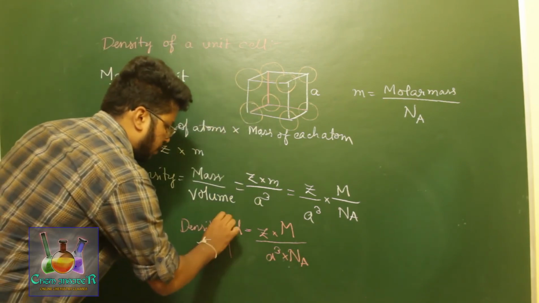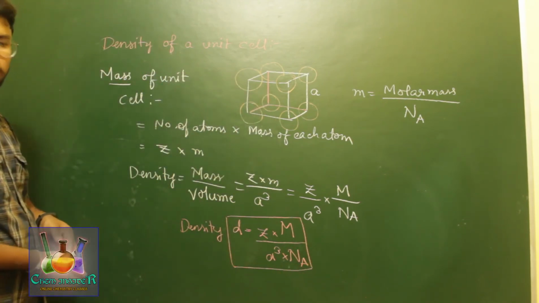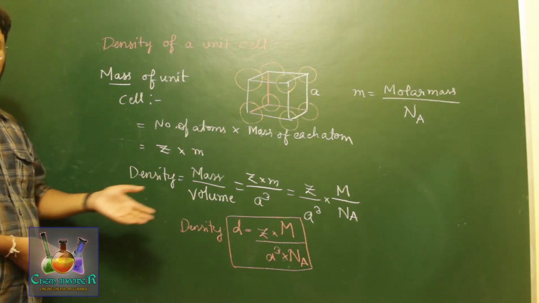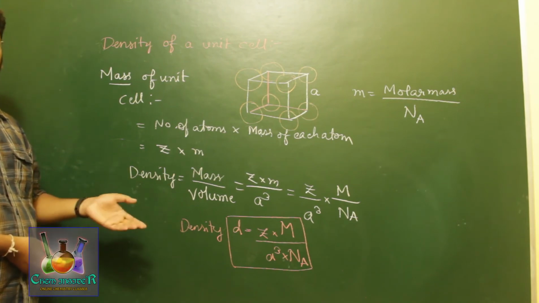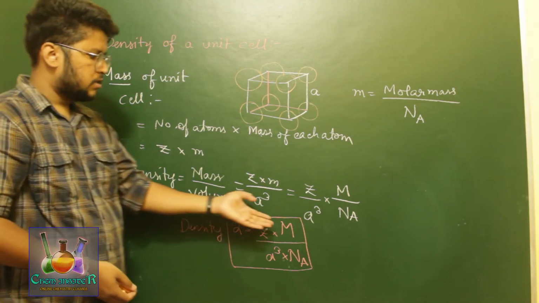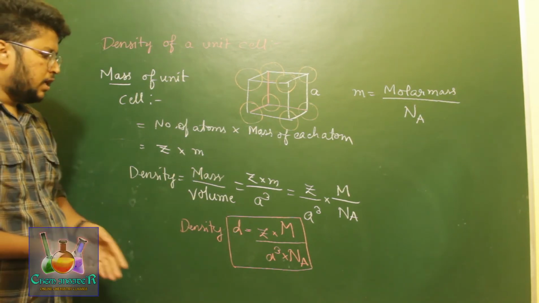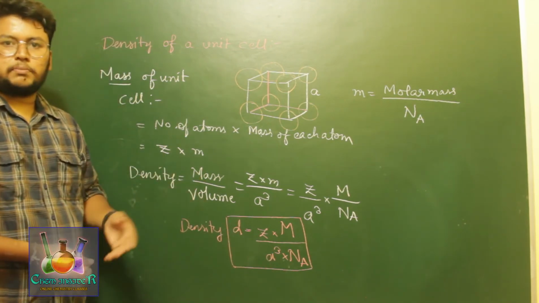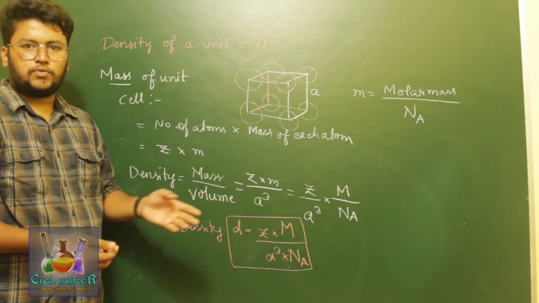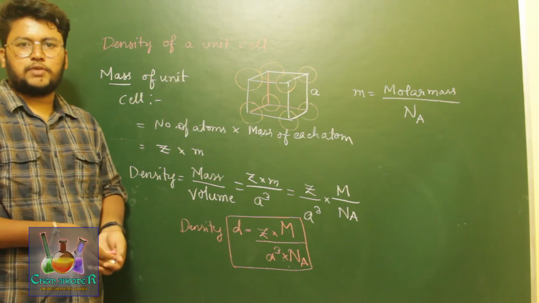That is, we need to know the factors of density. The nature of the structure: if it is FCC, the number of atoms is 4; if it is BCC, the number of atoms is 2; if it is a simple lattice, the number of atoms is 1. The molar mass is known from the element, and each element has a different molar mass. Avogadro number is 6.023 times 10 power 23. The edge length a varies for different atoms, as we have known from the previous class. Solid structures have different edge lengths for different types of atoms.